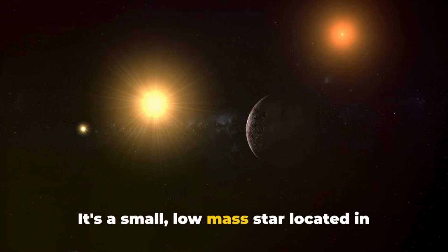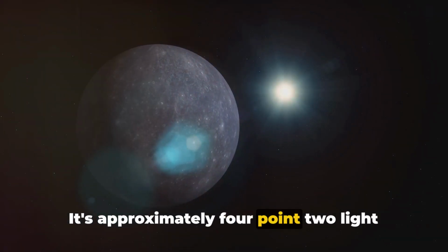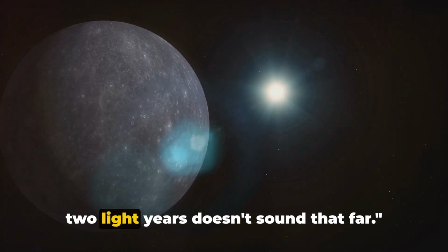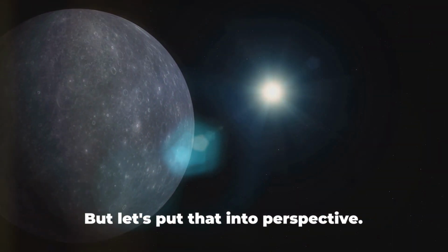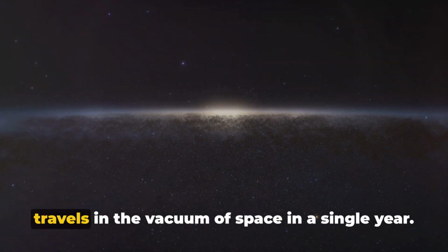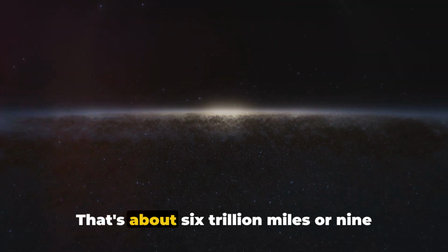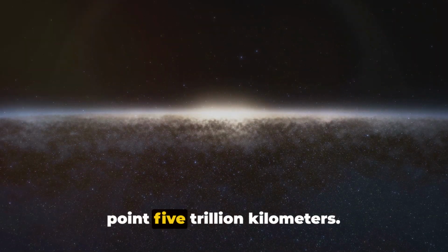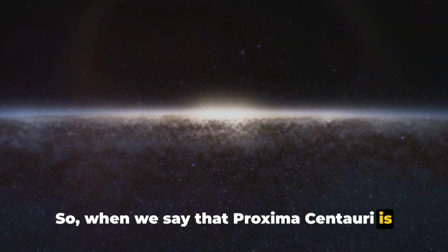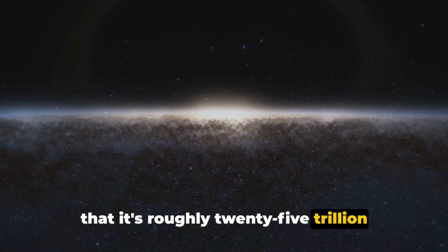It's a small, low-mass star located in the constellation of Centaurus. It's approximately 4.2 light-years away from us. Now you might be thinking 4.2 light-years doesn't sound that far, but let's put that into perspective. A light-year is the distance that light travels in the vacuum of space in a single year. That's about 6 trillion miles, or 9.5 trillion kilometers. So when we say that Proxima Centauri is 4.2 light-years away, we mean that it's roughly 25 trillion miles or